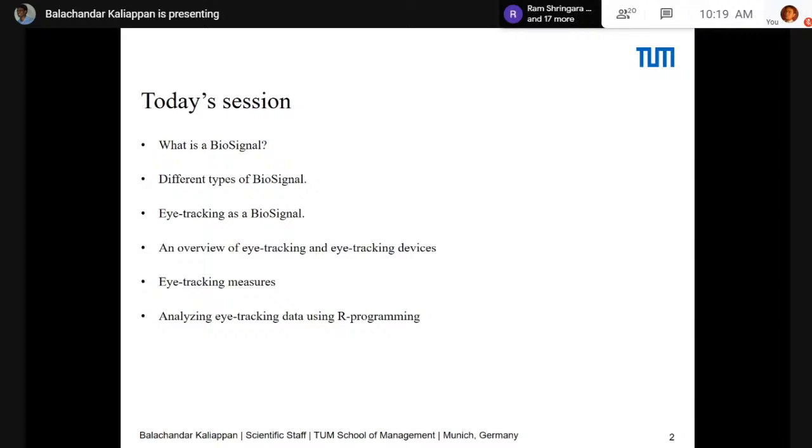I specialize in eye tracking, so I'll talk about how we can use eye tracking as a biosignal. I'll also give you an idea of what eye tracking devices we have in the modern world, and what kind of measures we can extract from the eye tracker. Later on, I'll focus on how to analyze the data that you get from the eye tracker using R